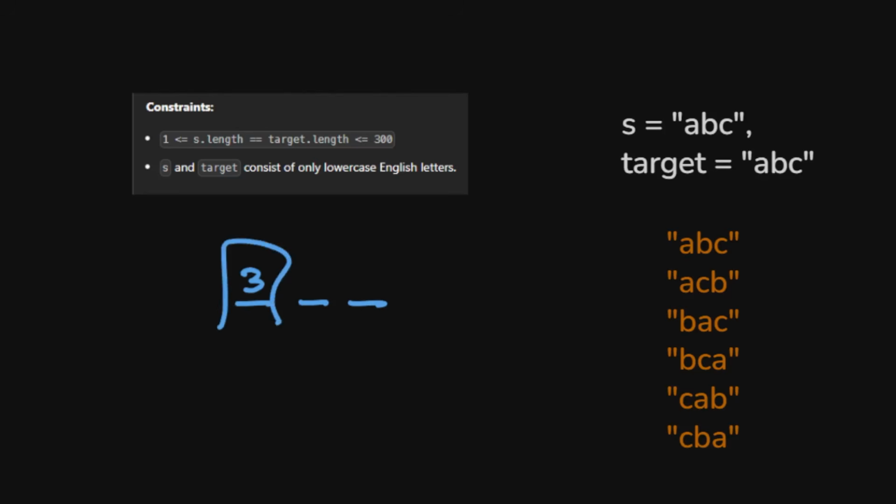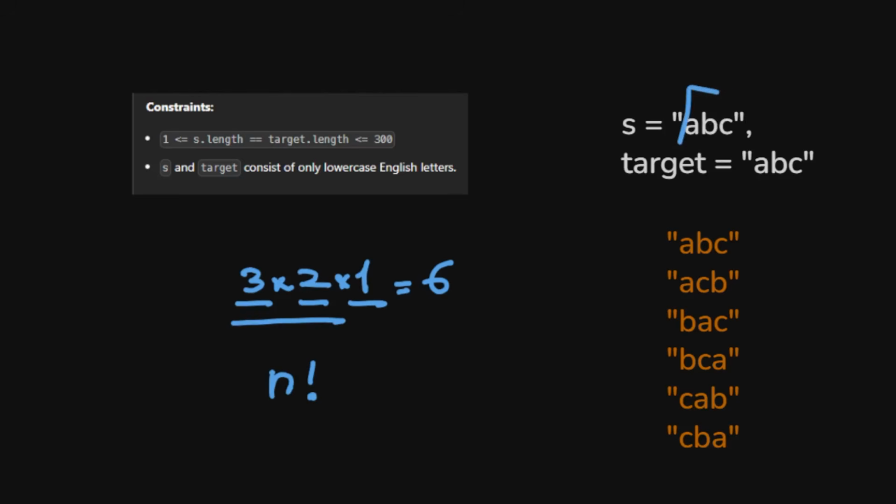We have already used 1 character and we still have to use 2, so here we have 2 choices. And for the last index, how many choices do we have? Well, we have already used 2 characters, so here we have only 1 choice, which means that we can have 3 times 2 times 1 permutations, meaning 6,